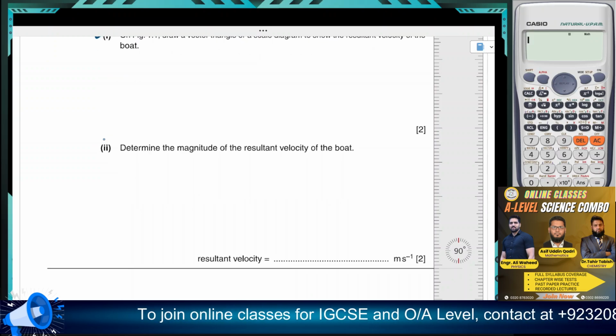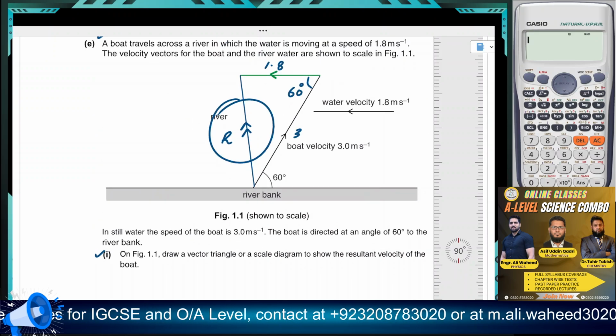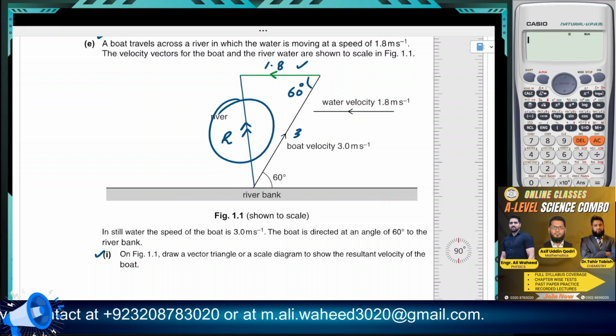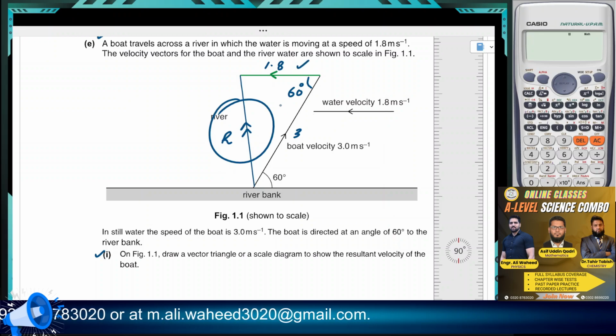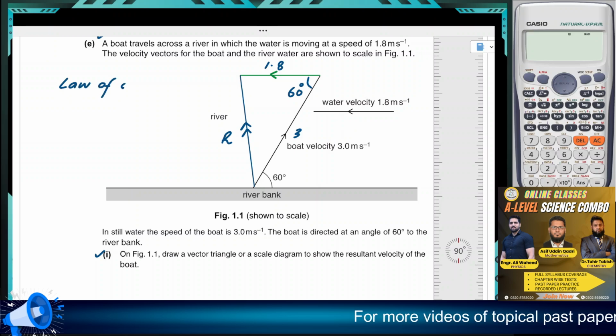Determine the magnitude of the resultant velocity of the boat. You need to find the value of this side. So you're provided with a triangle. Two sides are given and the angle between the two sides is also given. What law can be used? Cosine rule. Exactly, the cosine rule,